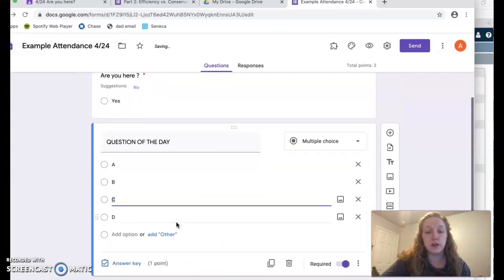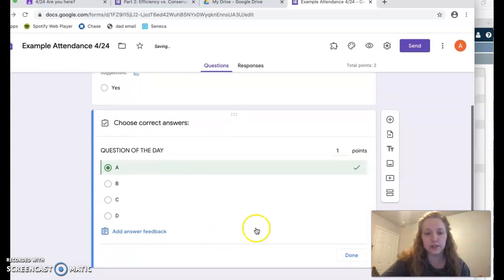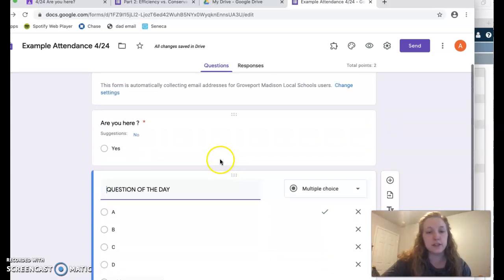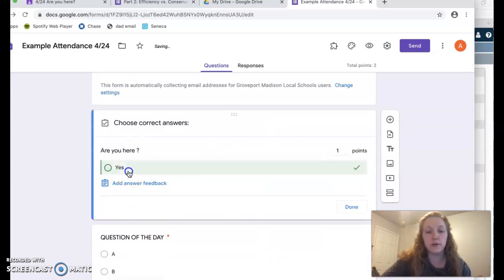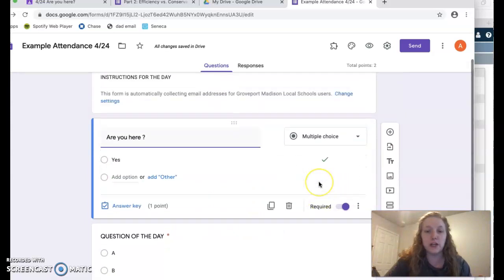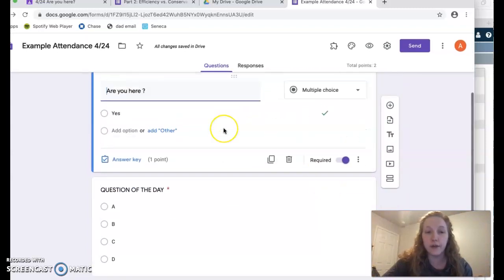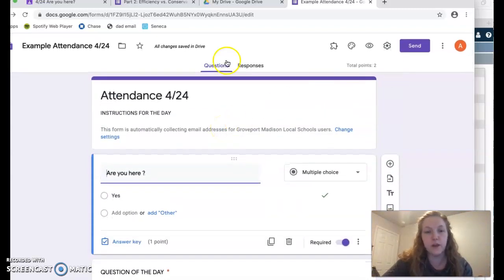Let's make sure that we click an answer here. Like we're going to say letter A is correct. We're also going to make sure that we make this the correct answer, so that way it'll save that for yourself. You don't have to have this a certain amount of points. I usually just make it 1 point, and that way the question of the day is always 2 points. But they're getting that point thinking that they're getting a point for being there for the day. Okay, so now that we have our Google Form set up,